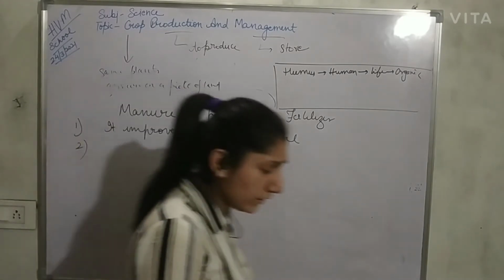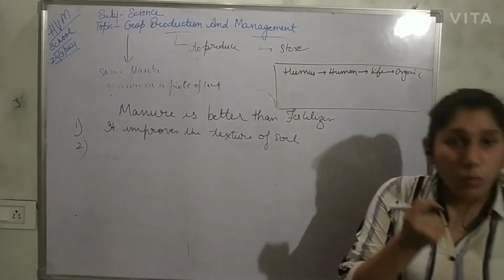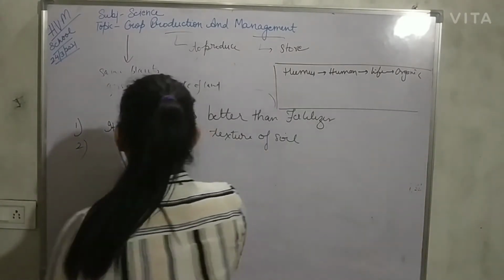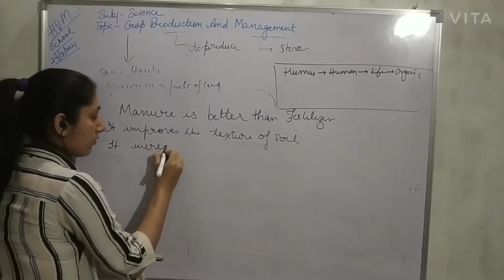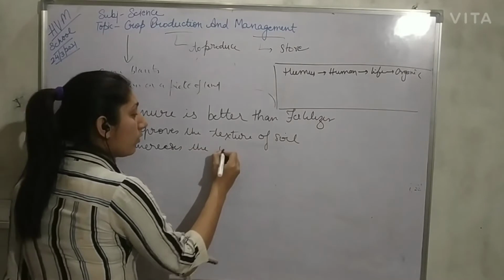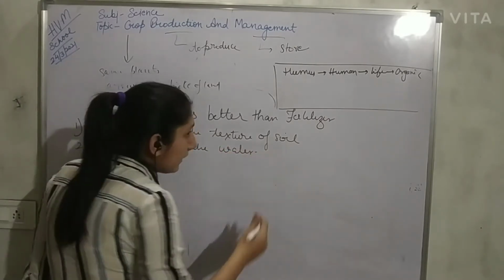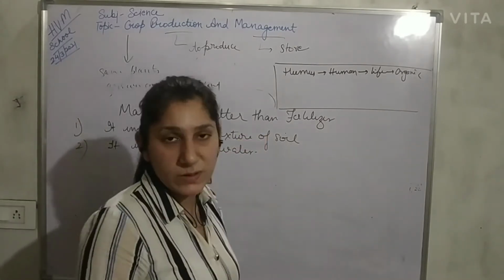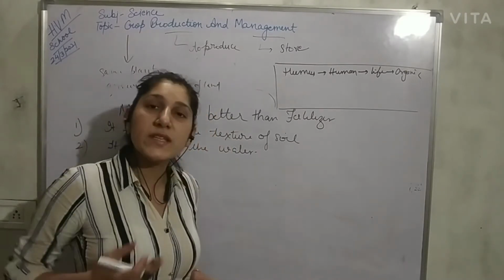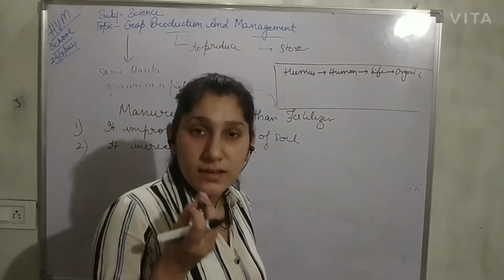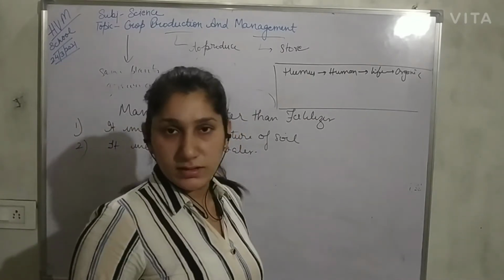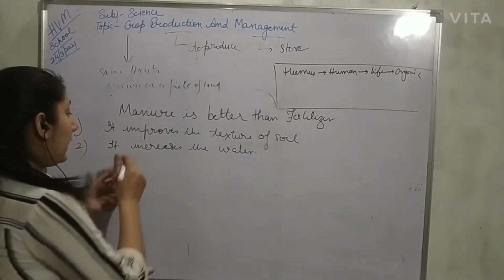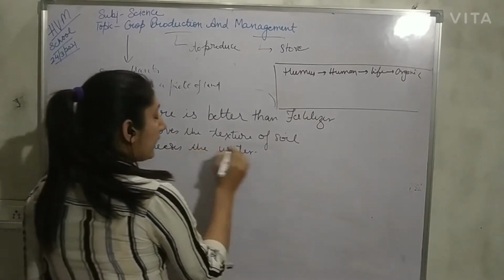The second thing is that it increases the water holding capacity. Manure increases the water holding capacity. We know that no life is possible without water, and even the crops that we are growing contain life in them. So the more water, the more the life. So manure increases the water holding capacity